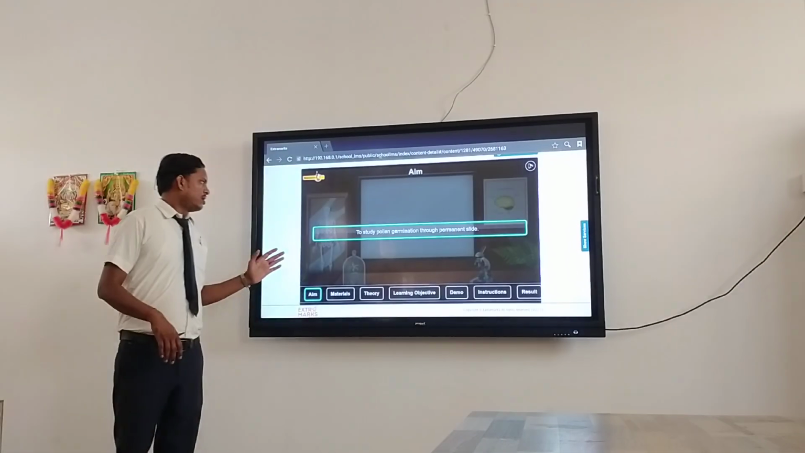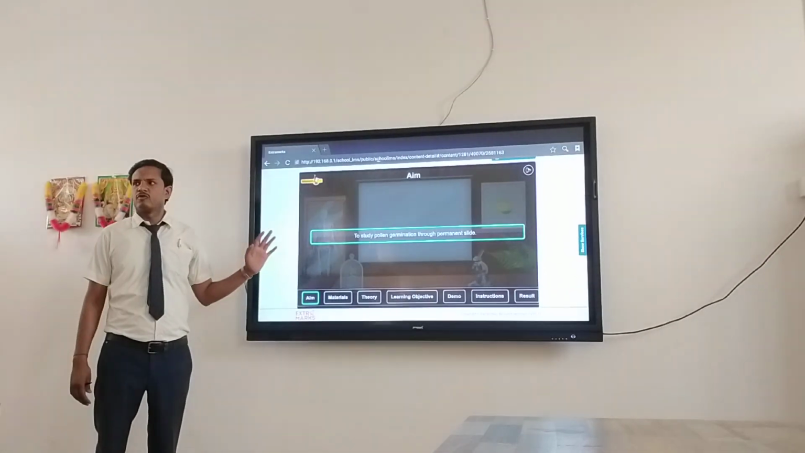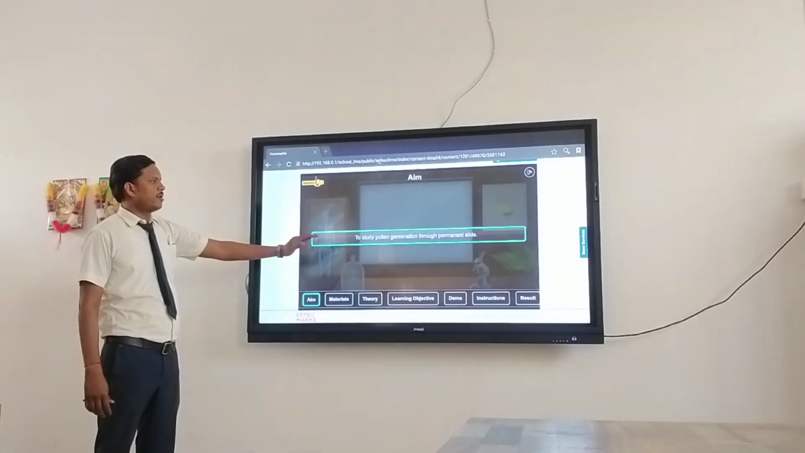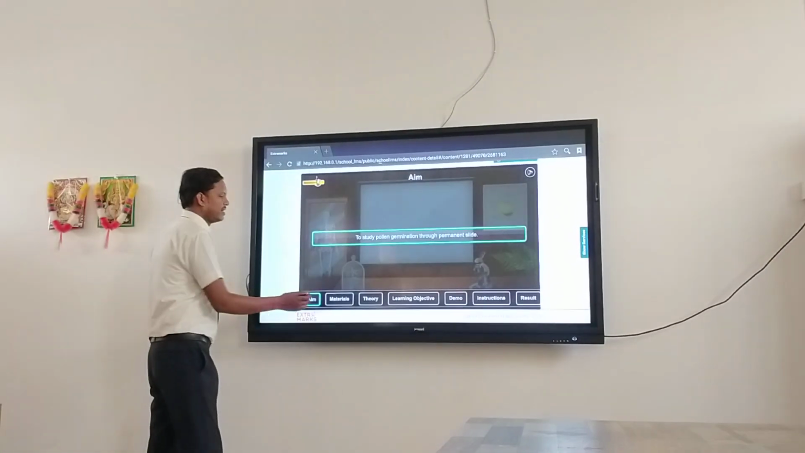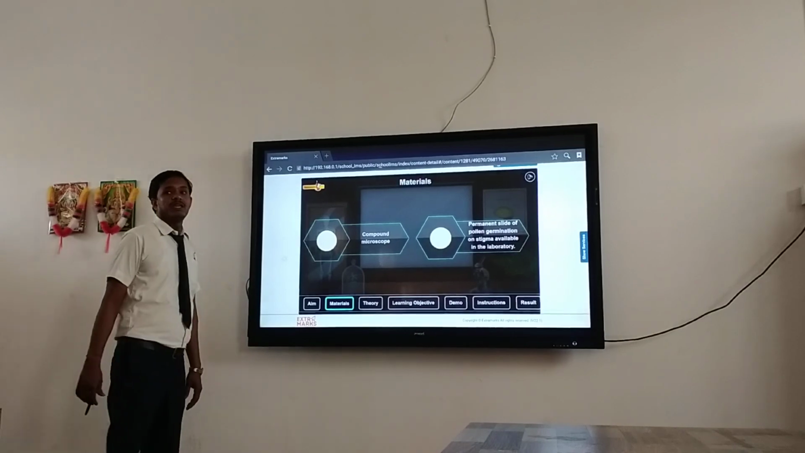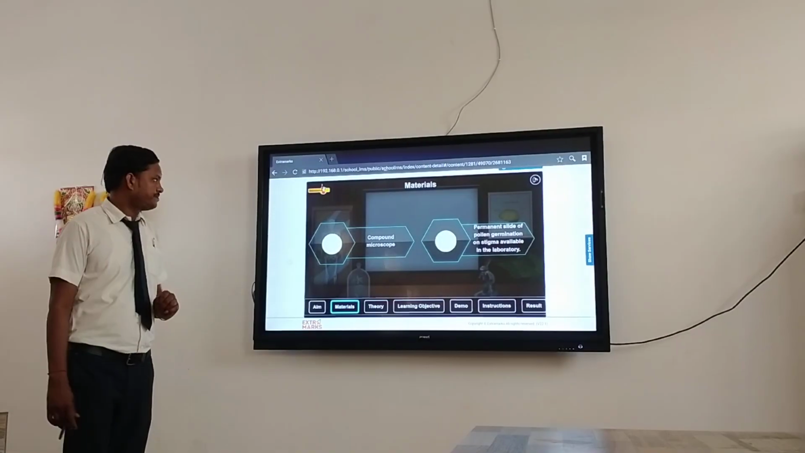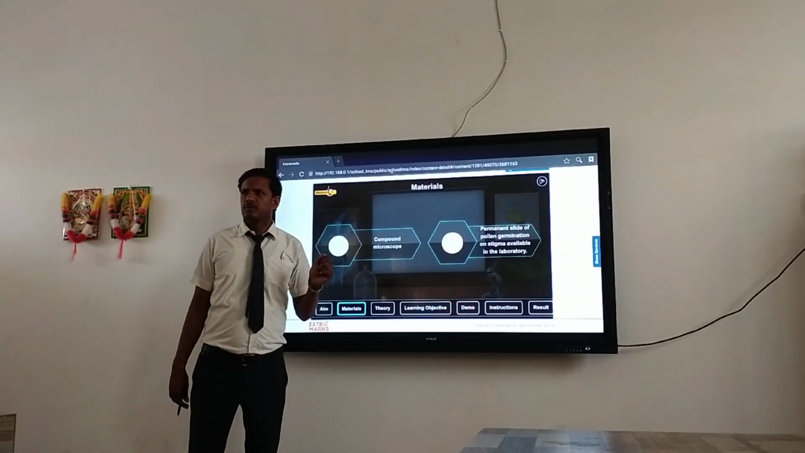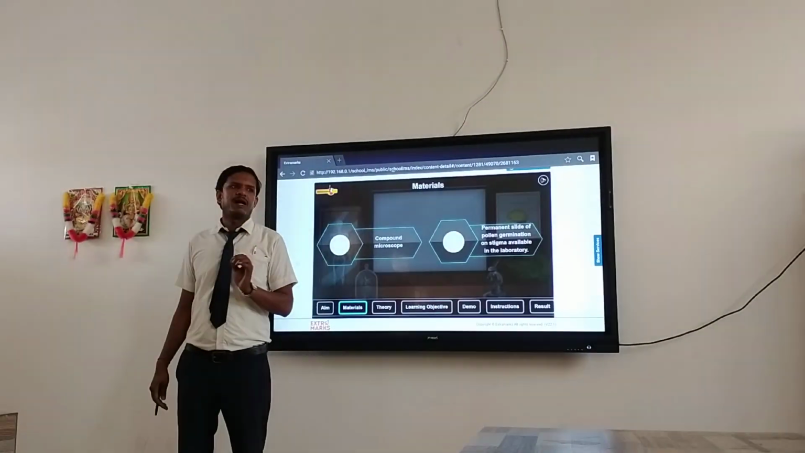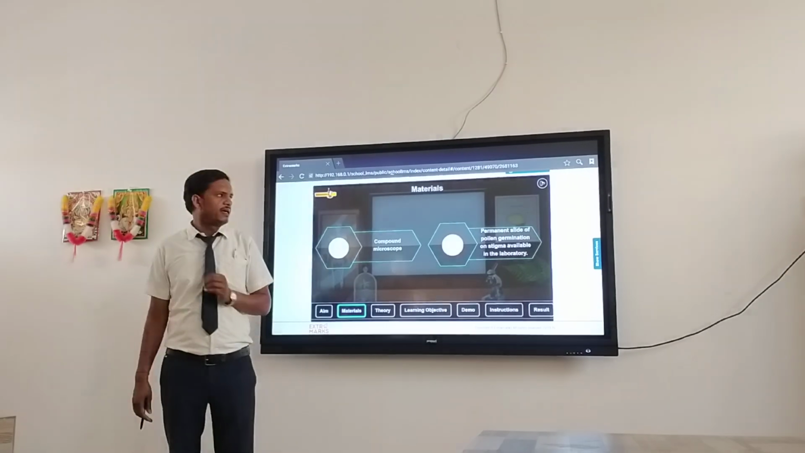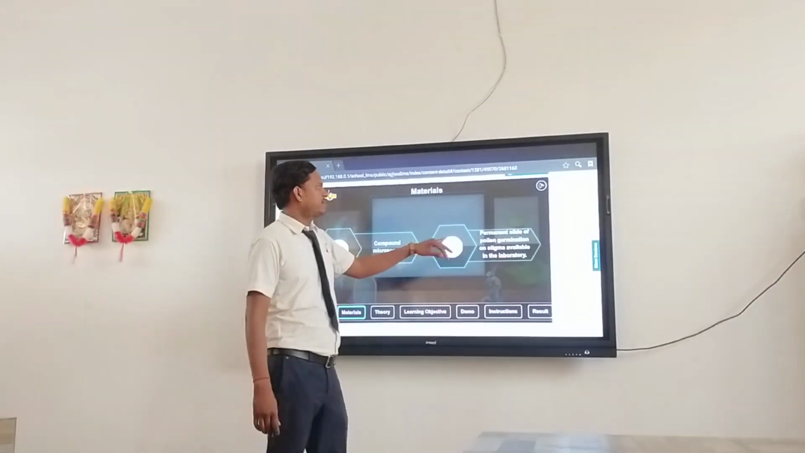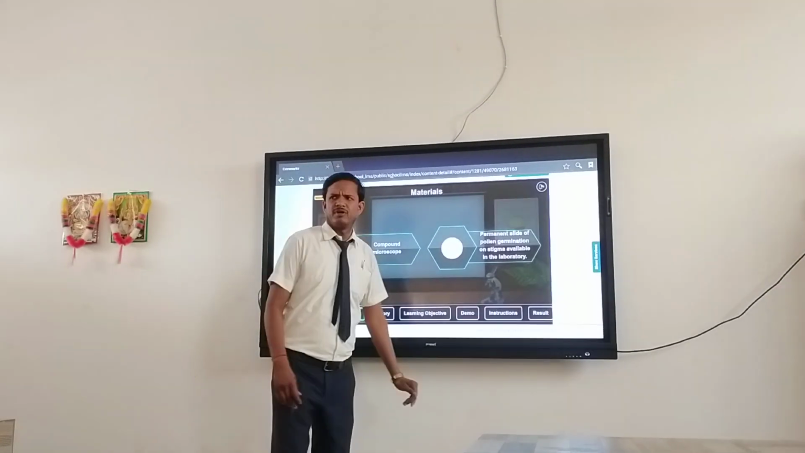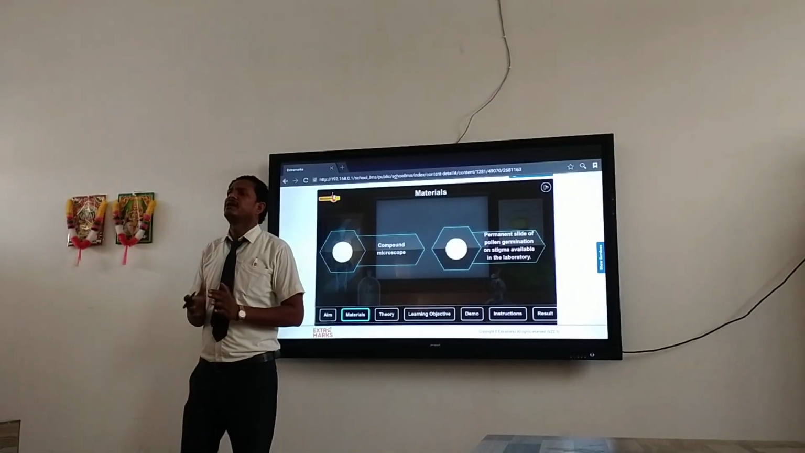So what are the raw materials and things required to perform this practical? Aim: to study pollen germination through permanent slide. What are the materials that you need to perform this experiment? First of all, a compound microscope on which we are going to observe our prepared temporary slide. Second, a permanent slide of pollen grain on stigma available in the laboratory. This one is for the comparative study,